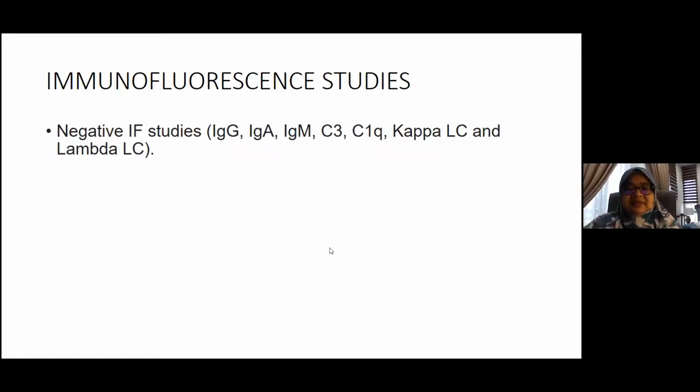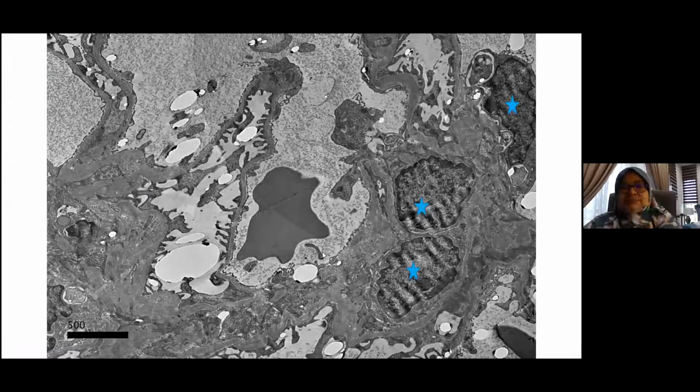Okay, so let's have a look at the electron microscopy images. I couldn't find the ultrathin section for some reason. Okay, so I'll show you the ultrathin sections straight. So in this patient,